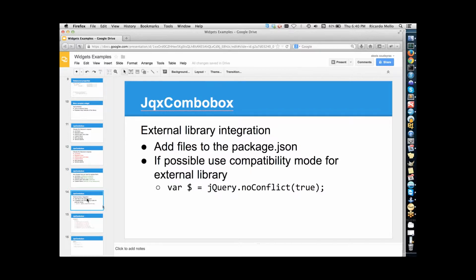This example, the JQX bundle, utilizes jQuery 1.10, I think, and in Studio we are on jQuery 1.7, which is one of the plans for this year, to migrate to the latest jQuery. But my widget uses a different library, which is a different version. So